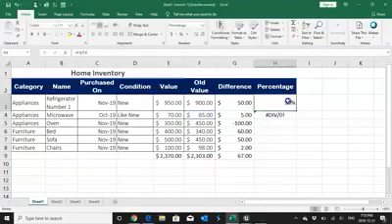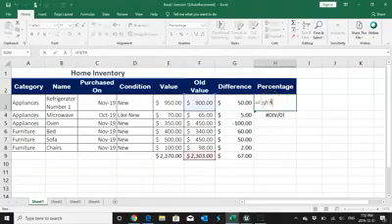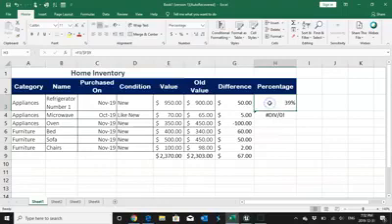So I'll change the formula a bit. In my first cell, I'll make it an absolute reference. How will I do that? I'll add a dollar sign to F. I'll add a dollar sign to 9. So I'm making F9 my absolute reference. Okay, so I'll copy this formula here.